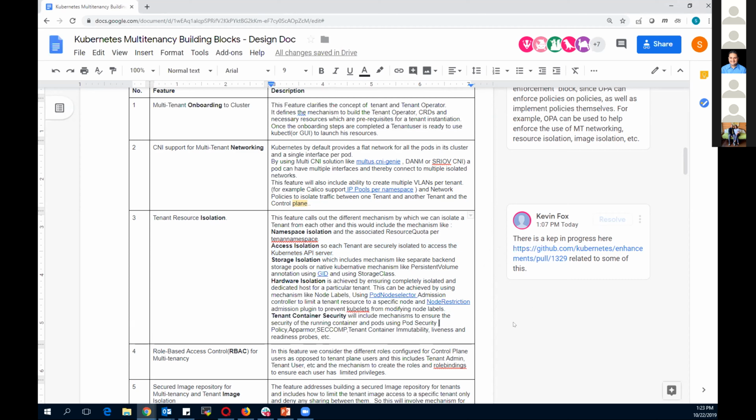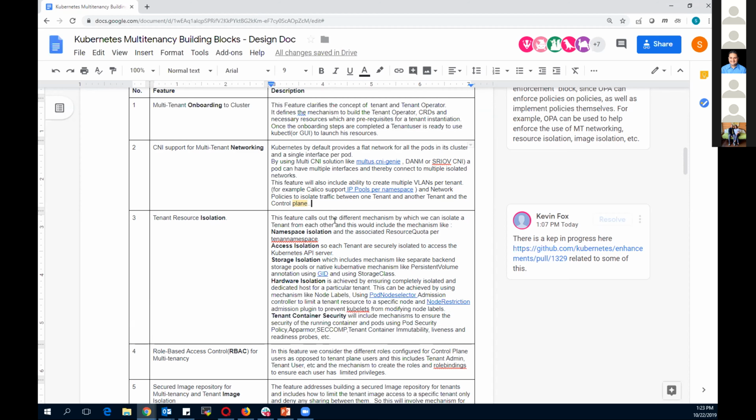I think that's a very valid point. And as Avinash was talking about, I think that could be added as part of the access isolation, or it could be on the networking side as well, because we define the services and the ingress, whether per tenant or common. I think it should come in there, right? So at least we can call out the requirements, and then it will depend on a case to case basis how it will be used in different scenarios, right?